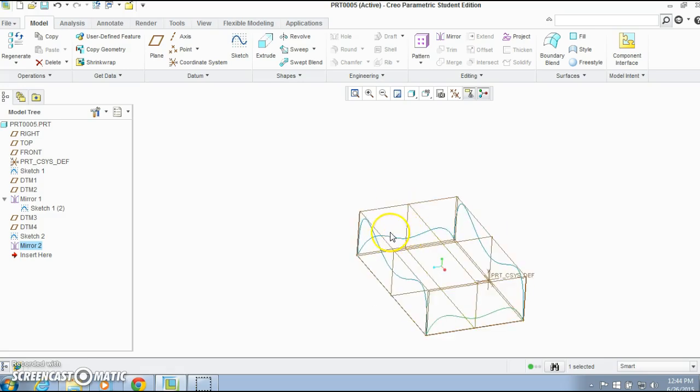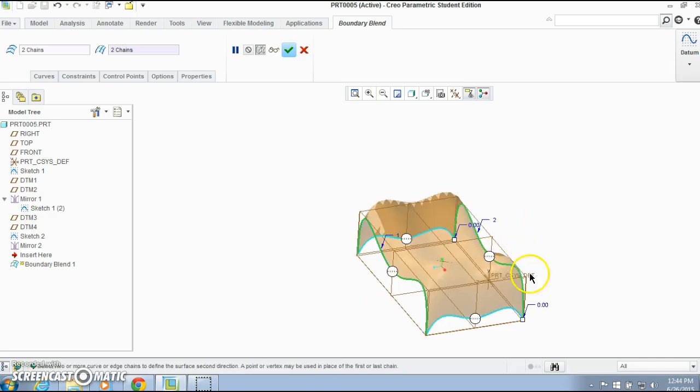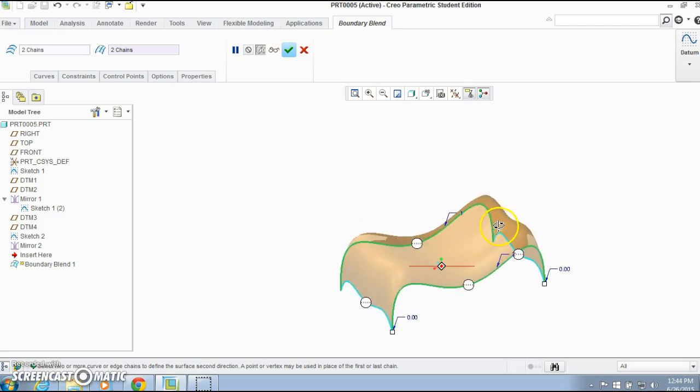Once you get all these parts, now you're going to go into the boundary blend. So here is boundary blend. We're going to select items on this direction first. So I will select this little sketch, and then I'll hold down the control key and I'll select that sketch, and that's going to start to build a surface for us. And then on the second section, I will click on parts going this way. So I will click there, and then I will click on there. And you can see what happens